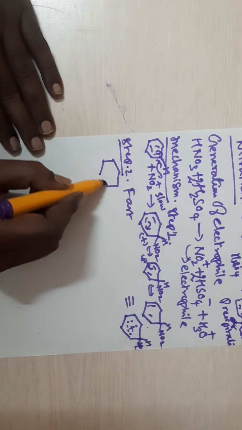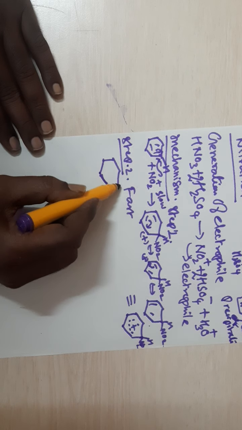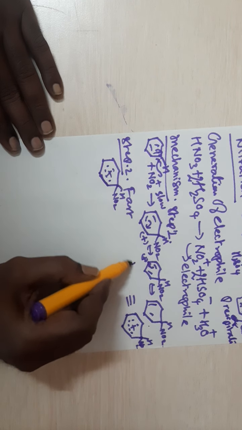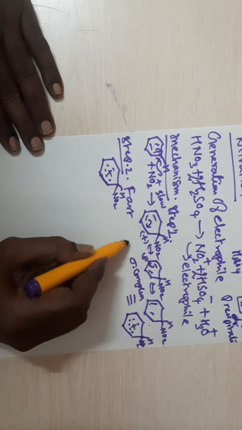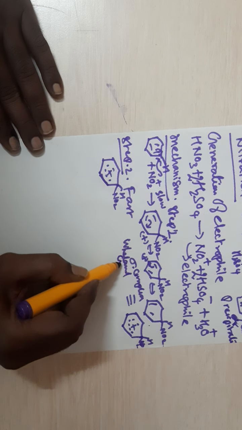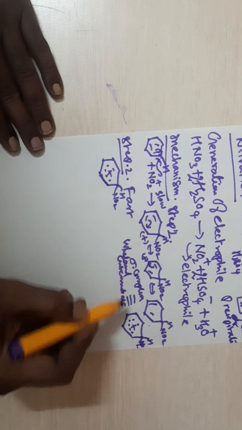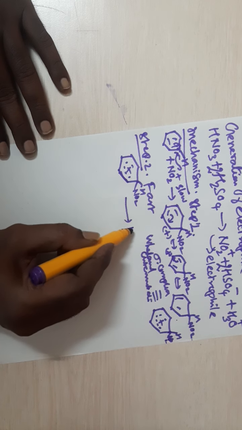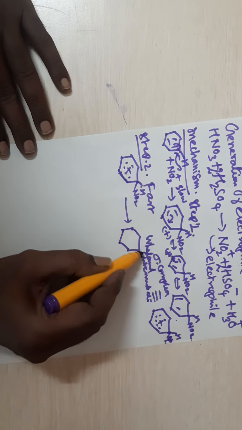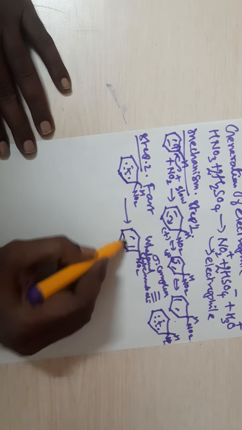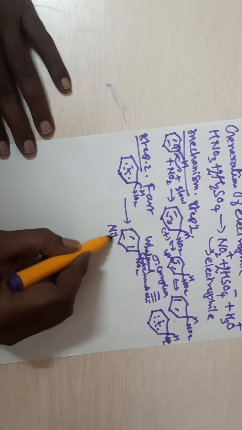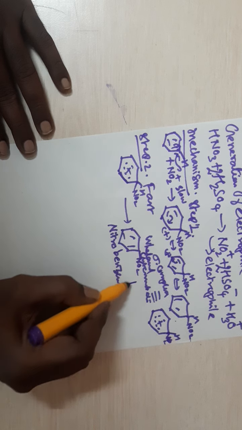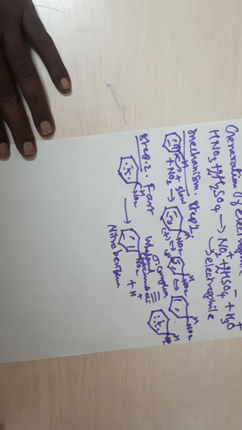In this step 2, the sigma complex, so this is your sigma complex or valence intermediate. If a proton is lost in the fast step, then you have nitrobenzene. So this is your nitrobenzene. The compound is getting nitrated. So nitro group is substituting the hydrogen.